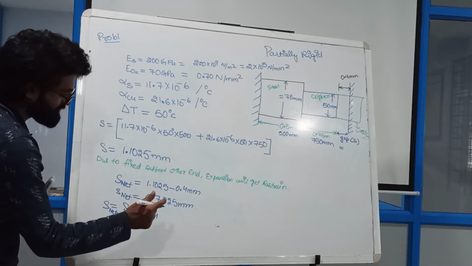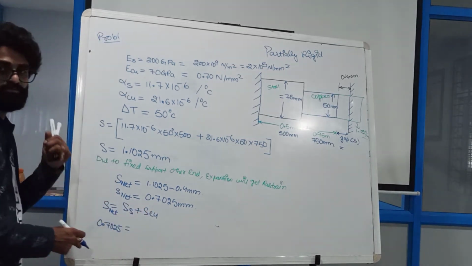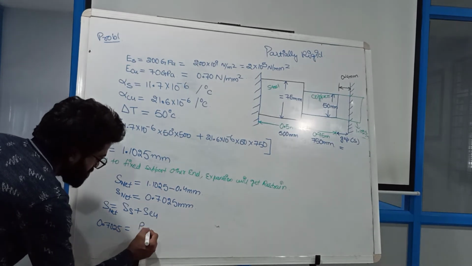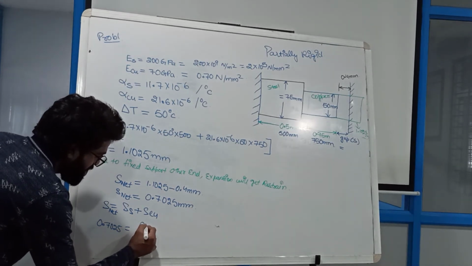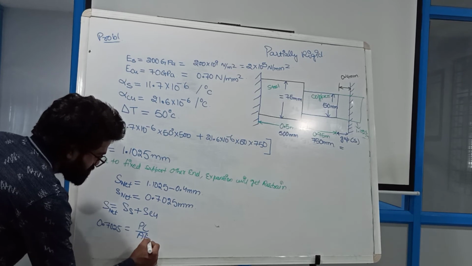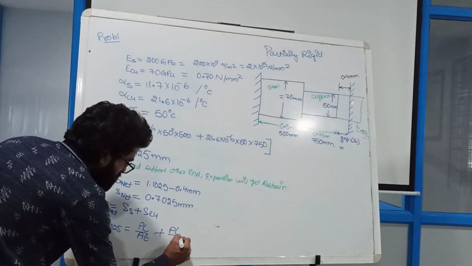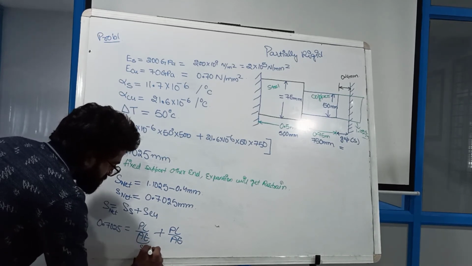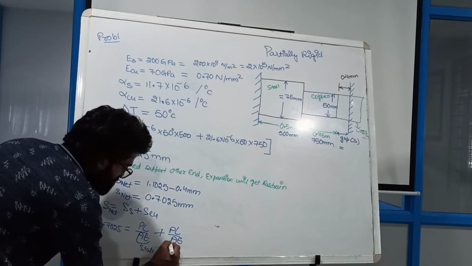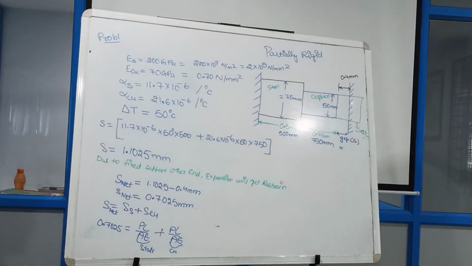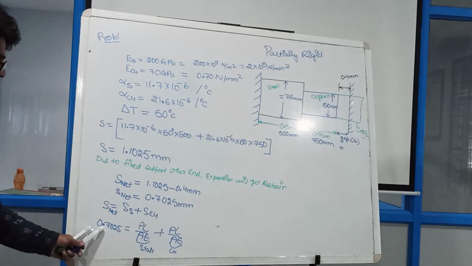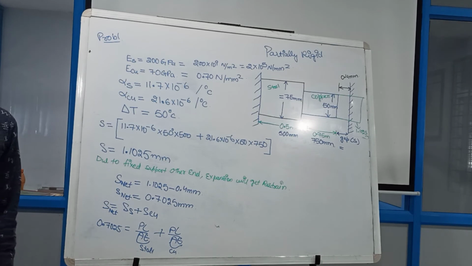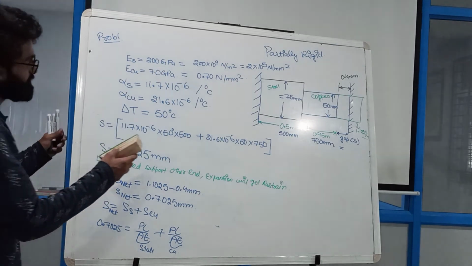So you all know what the delta is. We all know delta due to these forces. How much is due to these forces? PL divided by AE. This is for steel, plus PL divided by AE, this is for copper. Now if I calculate this, then from here I can calculate my P for both. Am I right? So I can calculate my P value.